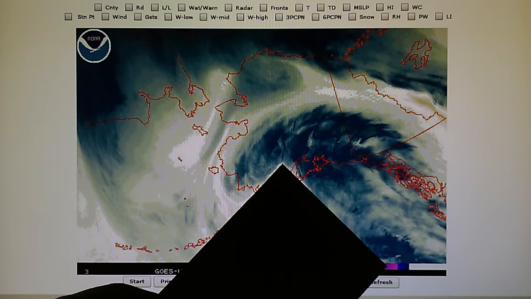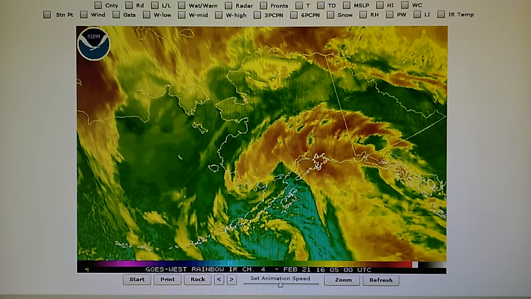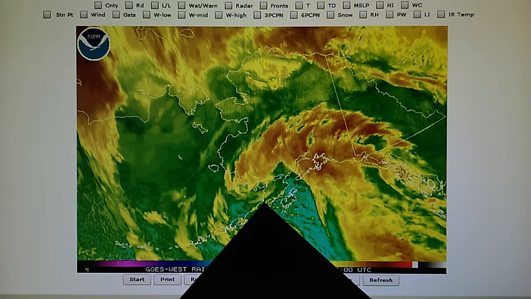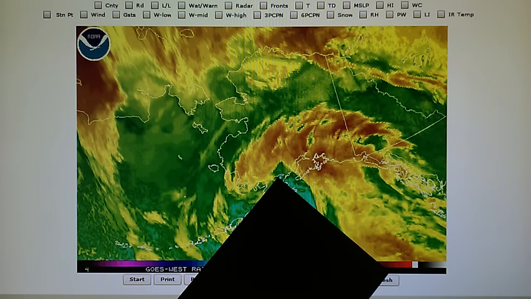And also, let's look at this in the infrared map, and this is very interesting. That is a perfect 90-degree right angle right there. And Mother Nature does not create